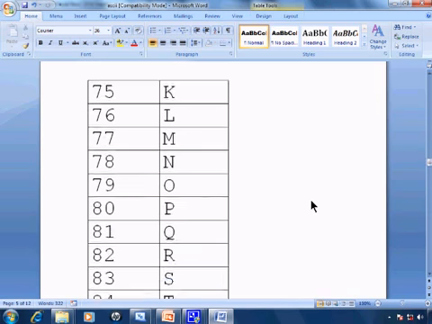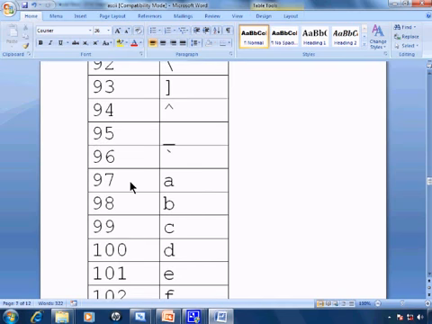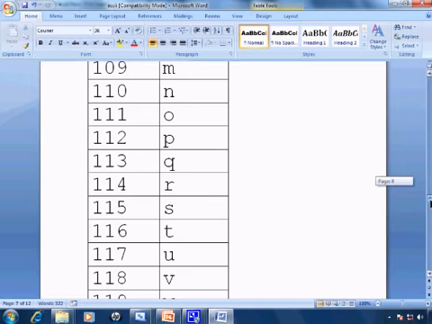I'll scroll down a ways. We'll find that the lowercase a is assigned 97, lowercase b 98, lowercase c 99, and so on. Now we can have the computer convert ASCII characters from letters or numbers or symbols to the number that it's assigned to. For example, here